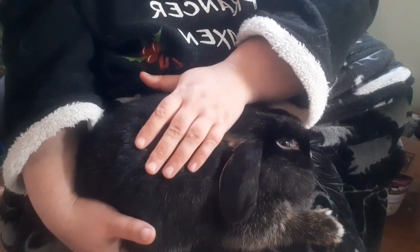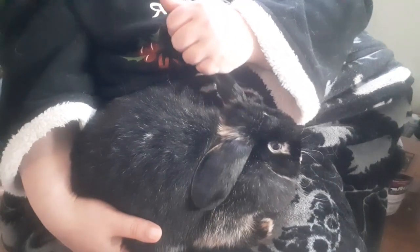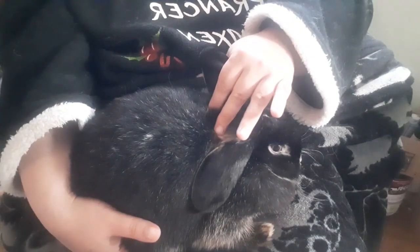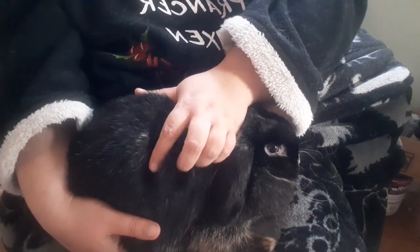I will keep the blue-eyed ones and let them grow up for a couple of months. Usually I sell rabbits from 8 to 10 weeks old. If I'm considering keeping one, I keep it till it's about 4 months, and then I sell if it's not what I want. So I will keep her blue-eyed babies around a little bit longer, watch them develop, see who I want to keep, because I do want to keep a blue-eyed boy and a couple of blue-eyed girls,